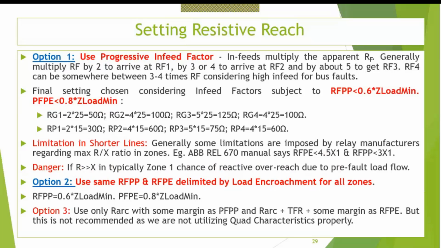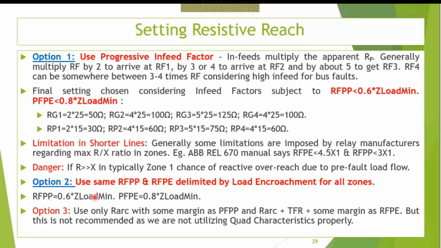Okay, option 1, option 2. The slide is about options, about how to set the resistive reach. Option 1 is to use the progressive Infeed factor and multiply the resistance to fault by the Infeed factor to arrive at the resistive reaches. Option 2 is delimited by load encroachment for all zones, and all zones will have the same reach. That I'll calculate not on the basis of all these things, I'll calculate on the basis of load. Of course,